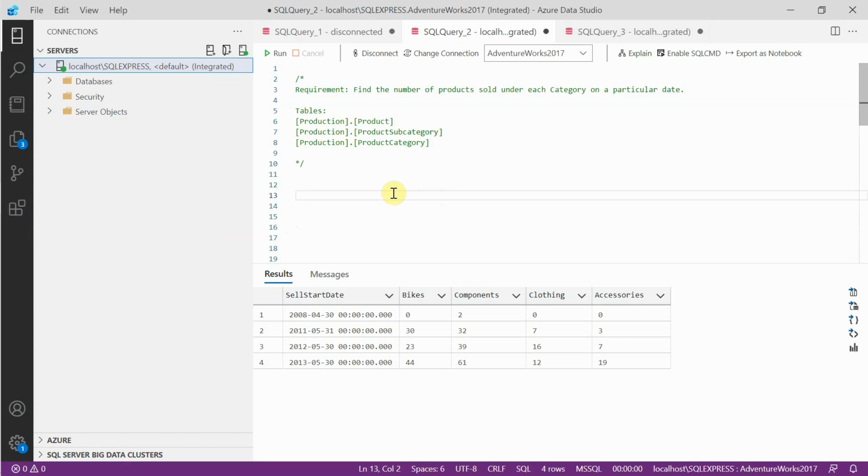Hi guys, in this video let us see how to use the pivot operator in SQL Server using a scenario. For this we are going to use this given requirement to explain the pivot operator. The requirement today is that we need to find the number of products sold under each category on a